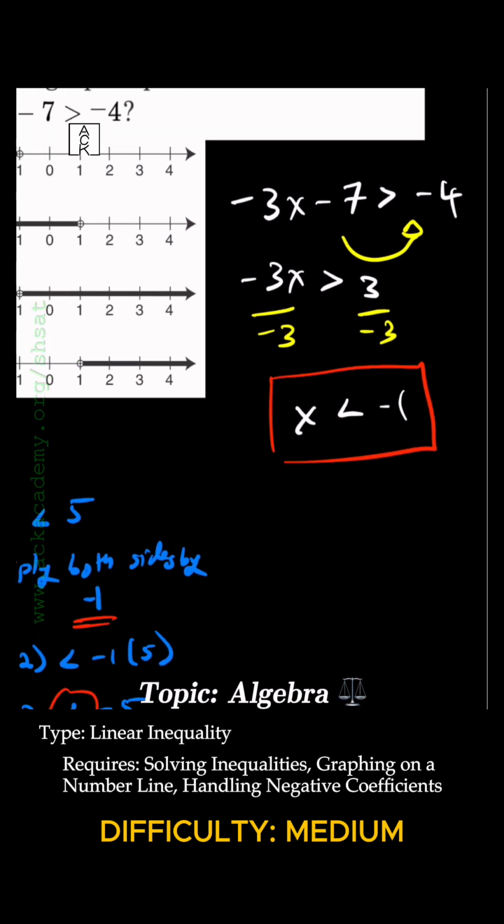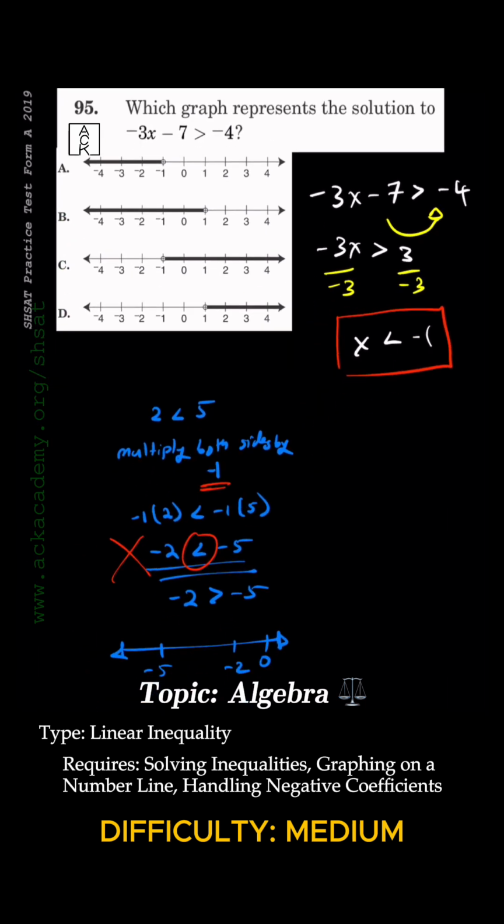Alright, so let's get back to here. So x is less than minus 1. Where is x less than minus 1? Let's look at the first one. We have minus 1, good. And these are all the values that are less than minus 1. So the answer is just